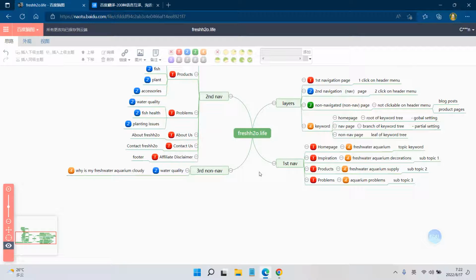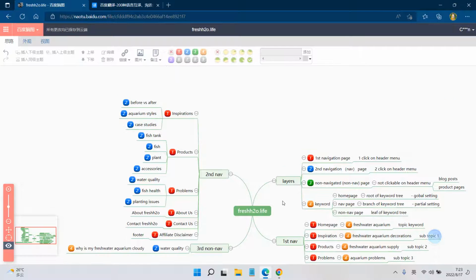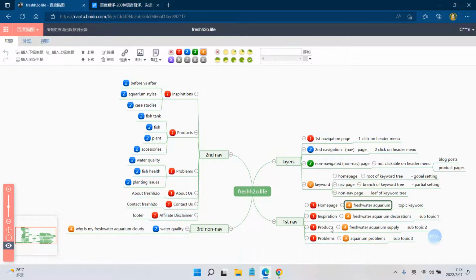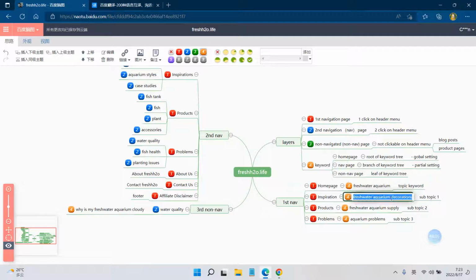So let's see, and in this kind of content, we can do a conversion. So the home page is, let's see, the keyword tree root, right? And then the second will add more things, but